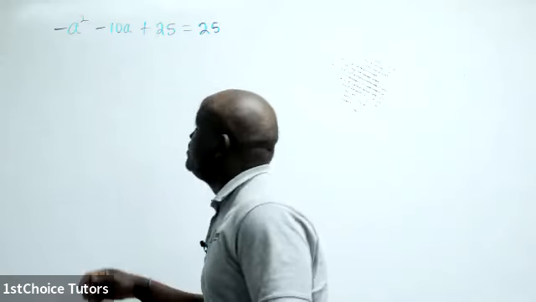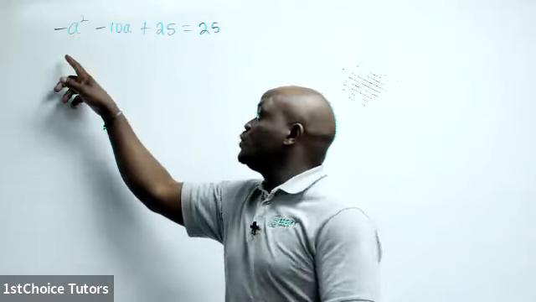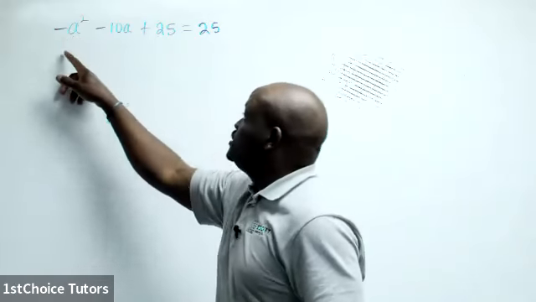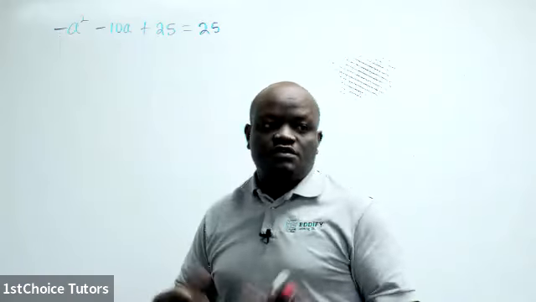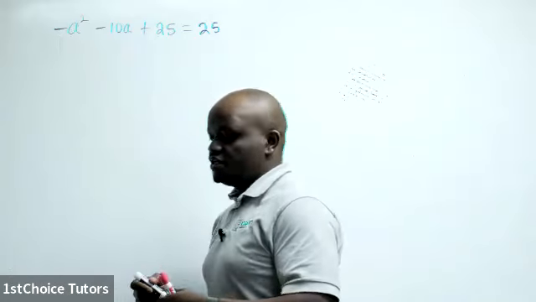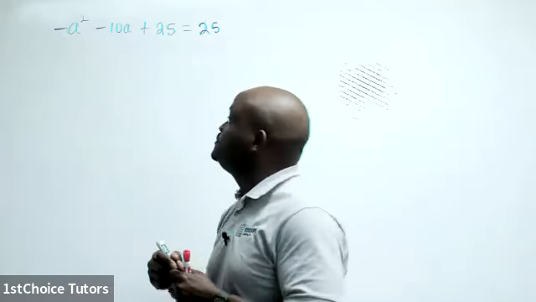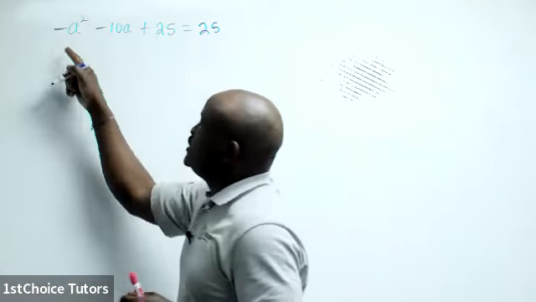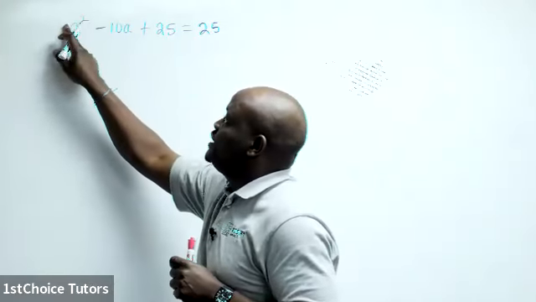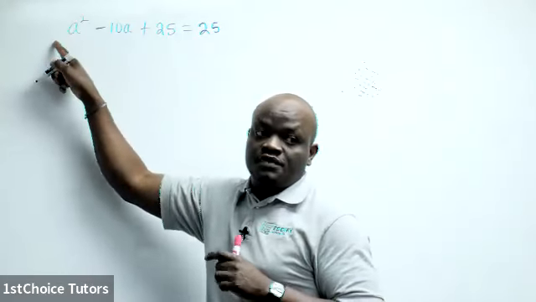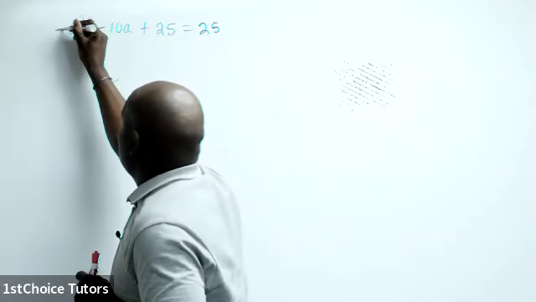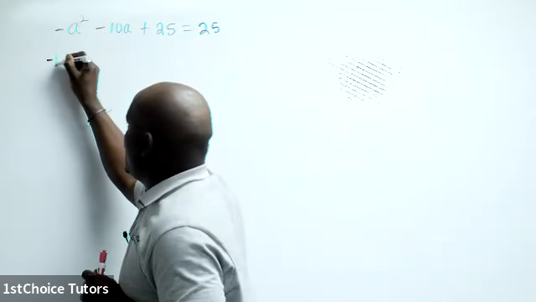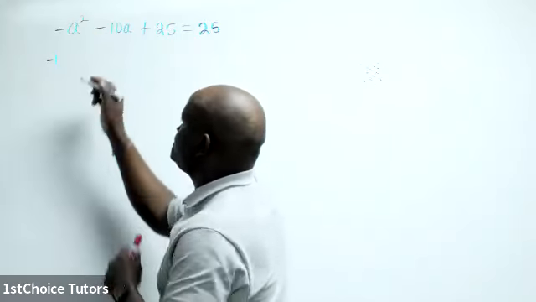Great start. The problem is you cannot complete the square unless this is a positive. So one of the tricks is we can factor out a -1. In fact, to complete the square, you just have to have a leading coefficient of 1. That's a rule of thumb, right? So if we can take out that -1, in other words, factor it out,